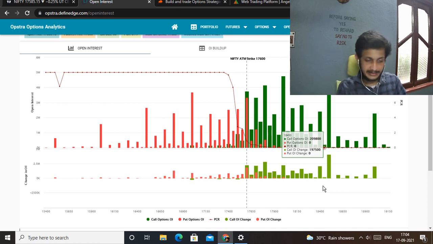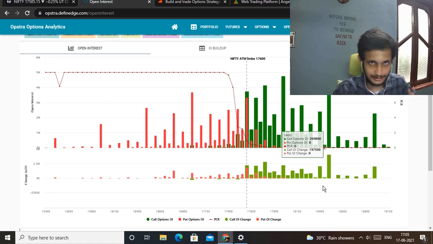Or even this is true: at those positions the option sellers, either the put sellers or the call sellers, are already at huge losses, and they are scared that the market may still go against their direction and they will end up with even bigger losses. So they are booking their losses and squaring off their sell positions.